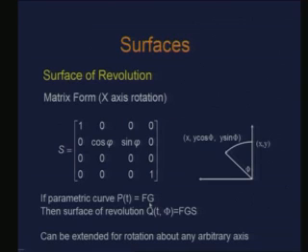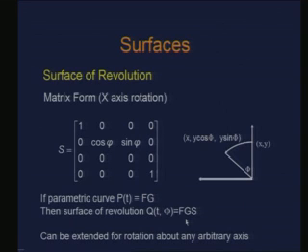So, we can also see these curves represented in matrix form. Now, when I am generating the surface of revolution using this parametric curve, all I need to do is use this matrix and multiply them, right. So, this gives me the surface Q(t, phi) in matrix form,